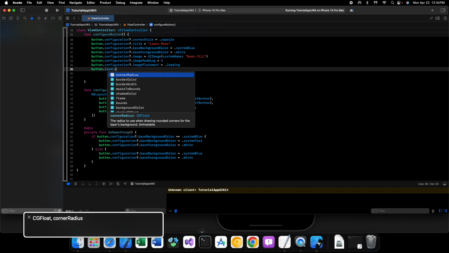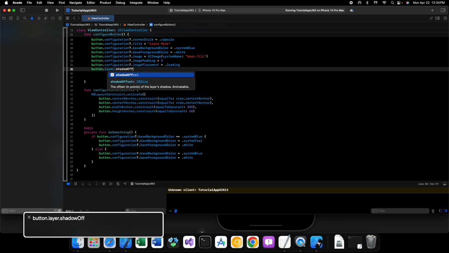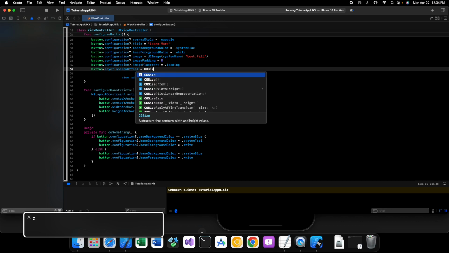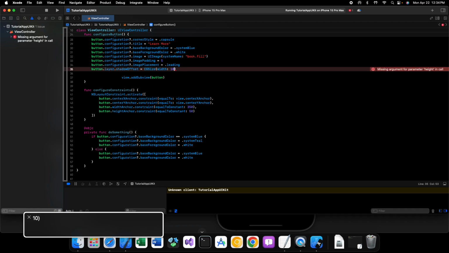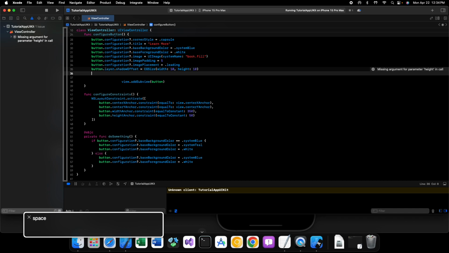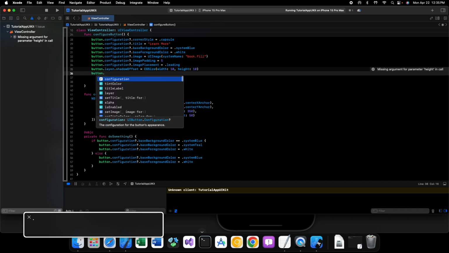We want the shadow offset equals CGSize, width. We'll make it a subtle 10 units and another 10 units there. All right. Then we can say button dot